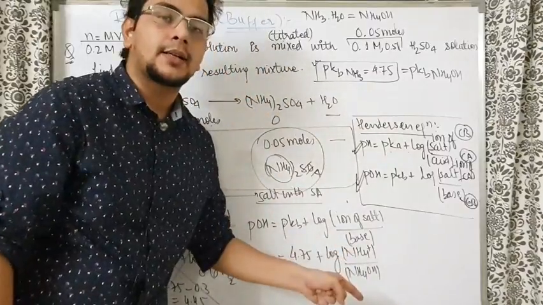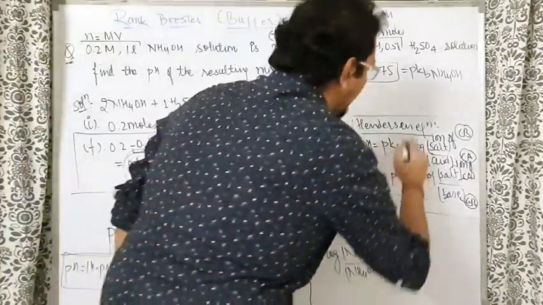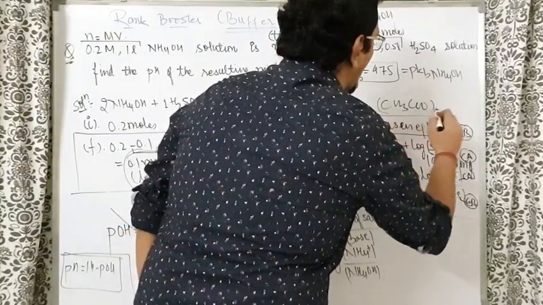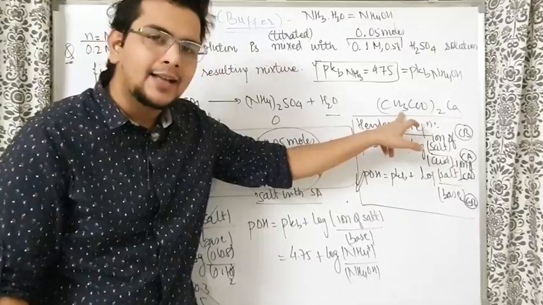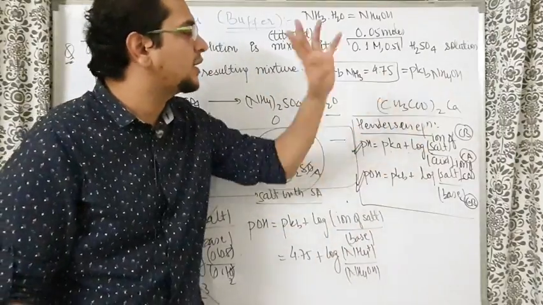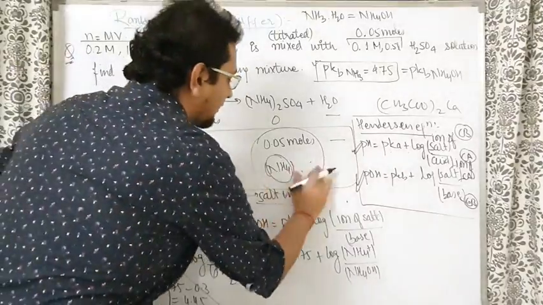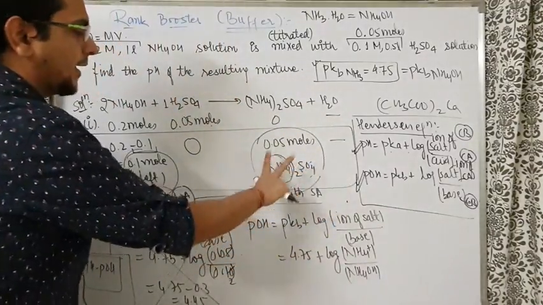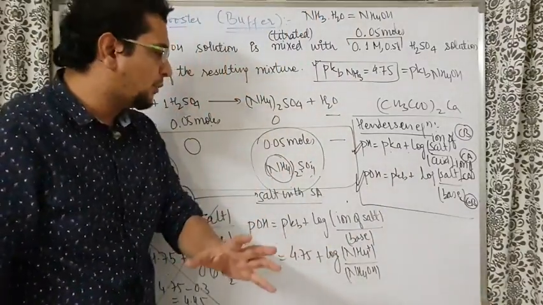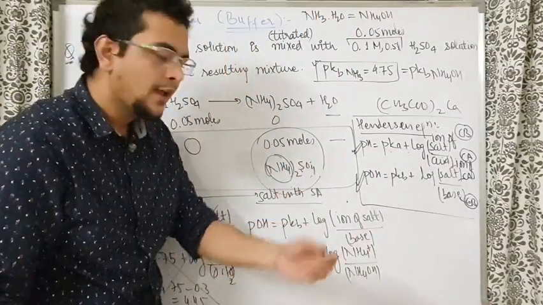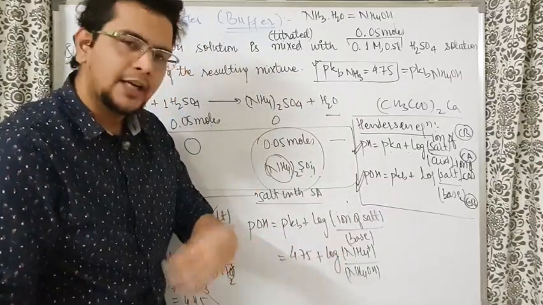concentration. This problem comes in two types of question, like ammonium sulfate, or if you have (CH3COO)2 Ca, there also this kind of problem will come, that acetate ion concentration will be different from the calcium acetate concentration. So understand, one ammonium sulfate contains two ammonium. So two ammonium sulfate will contain 4 ammonium. 4 ammonium sulfate will contain 8 ammonium. 10 ammonium sulfate will contain 20 ammonium.